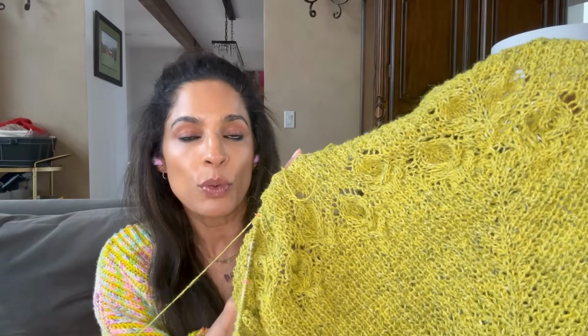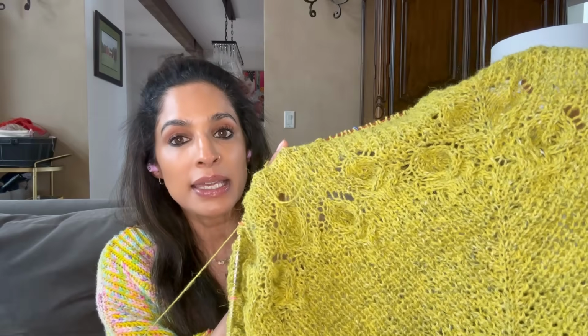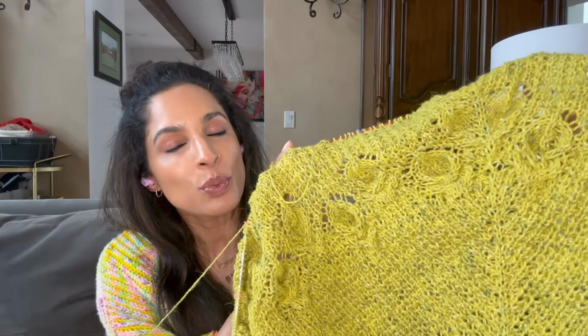It's just a really lovely yarn. It's felted tweed, so it has those little tweedy bits that are blue, which just make it such an interesting yarn. It doesn't look very flat. And even just the way it knits up in broken